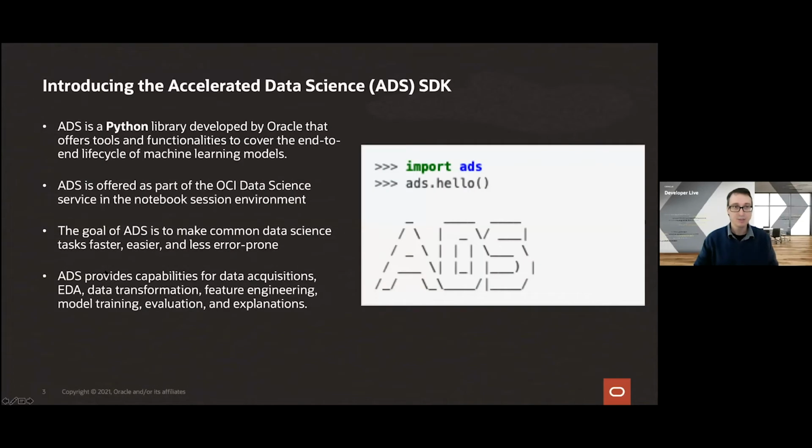So first, let me introduce the Accelerated Data Science. We often call it ADS SDK. So ADS is a Python library that was developed by different teams at Oracle, that offers a series of tools and functionalities to cover the end-to-end lifecycle of machine learning models. ADS is offered as part of the OCI Data Science Service, and it's currently available in the